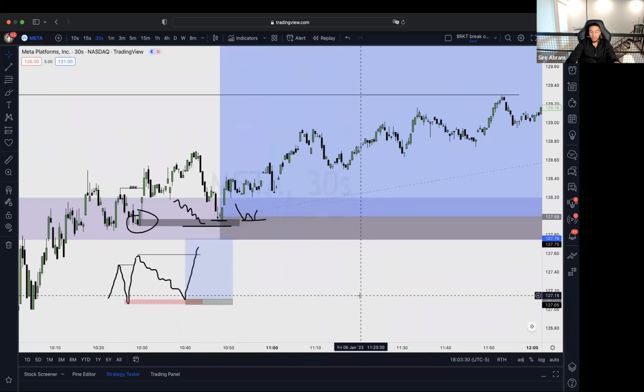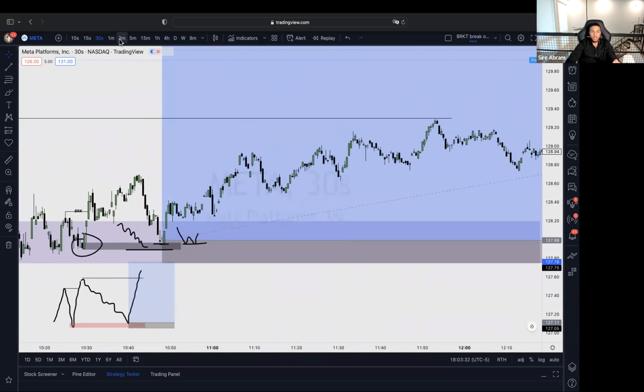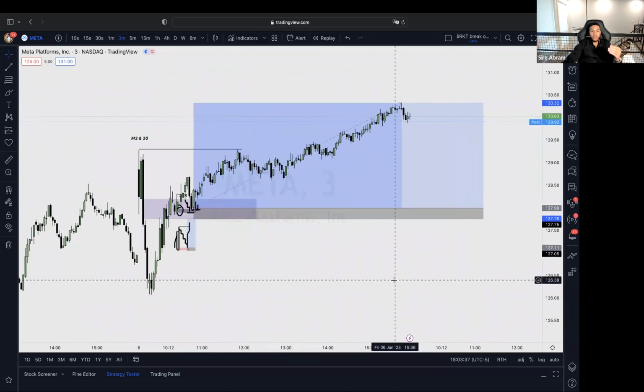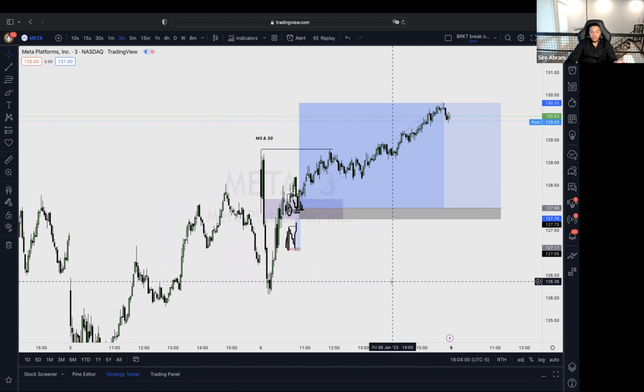So far, we've seen two scenarios that have the exact same setup. Okay, so what does that tell you? This goes to show if you trade an ETF, if you trade S&P 500, for example, if you look at big stocks within that ETF, sometimes they're going to have the exact same setup. So it makes it super easy to trade multiple stocks at the same time because you're looking for the same setup each and every single trade.